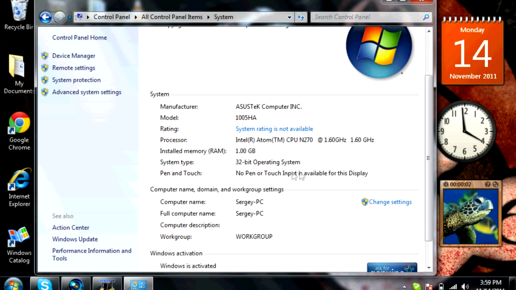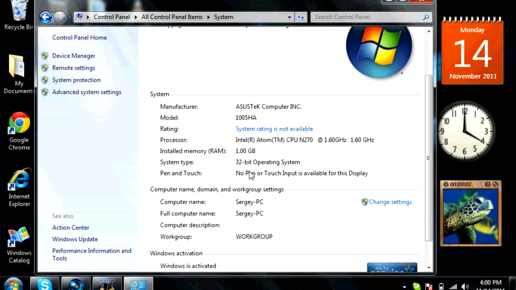Now if yours says 64-bit operating system, this tutorial will not work for you, and please do not attempt it, because if you use this stuff that I'm about to show you, it will basically ruin your computer, crash it. You'll have to recover it. So I don't recommend it for